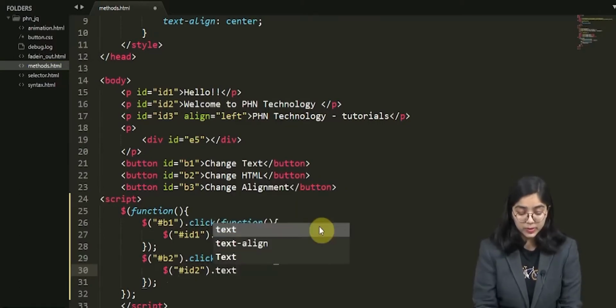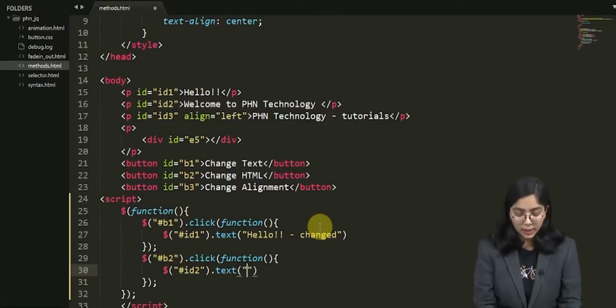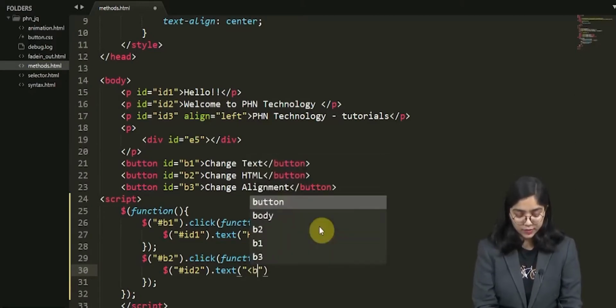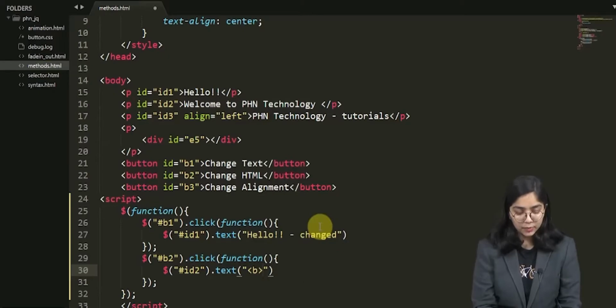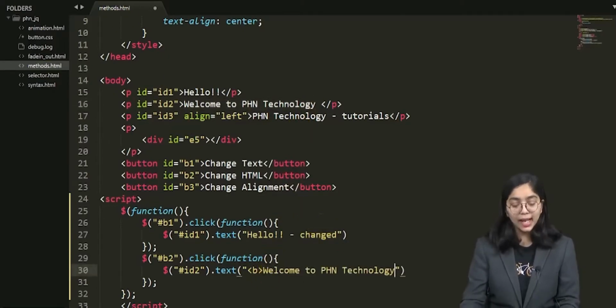Now what is the difference between HTML and the text? With HTML we can change the content, but with text we can just change the text. For example, here I'm going to give double quotes. This is for bold. I'm going to copy and paste it here and close the tag B.